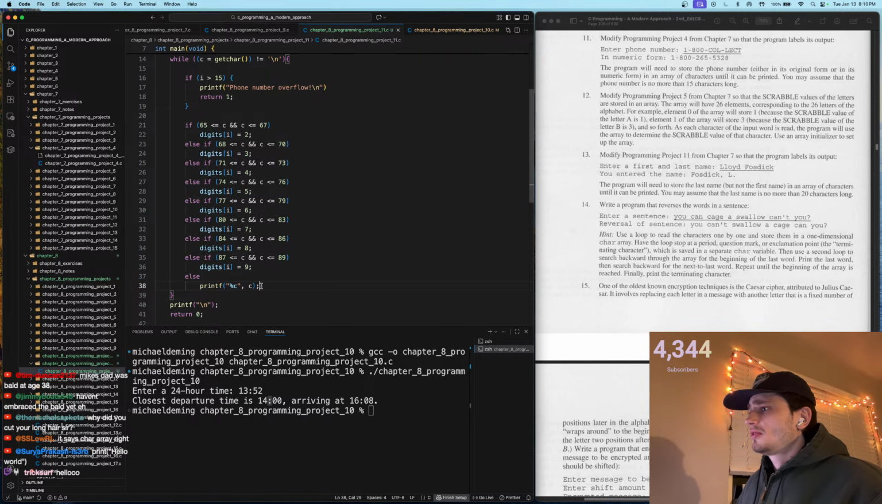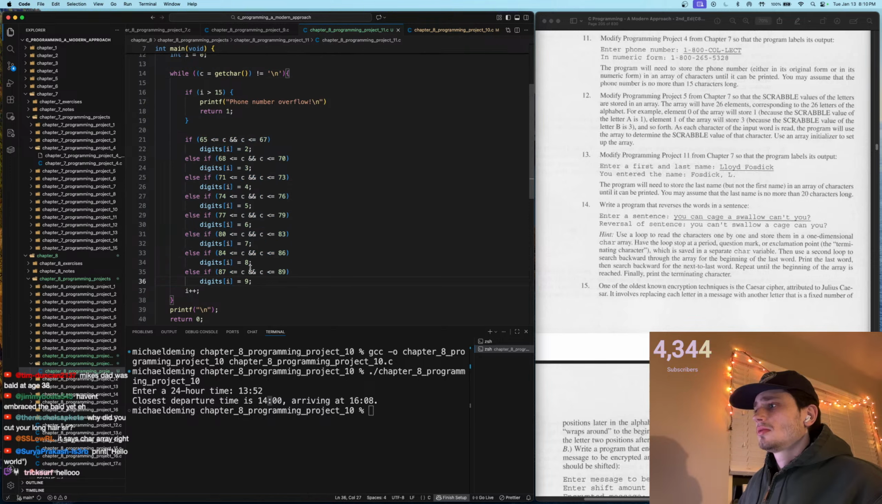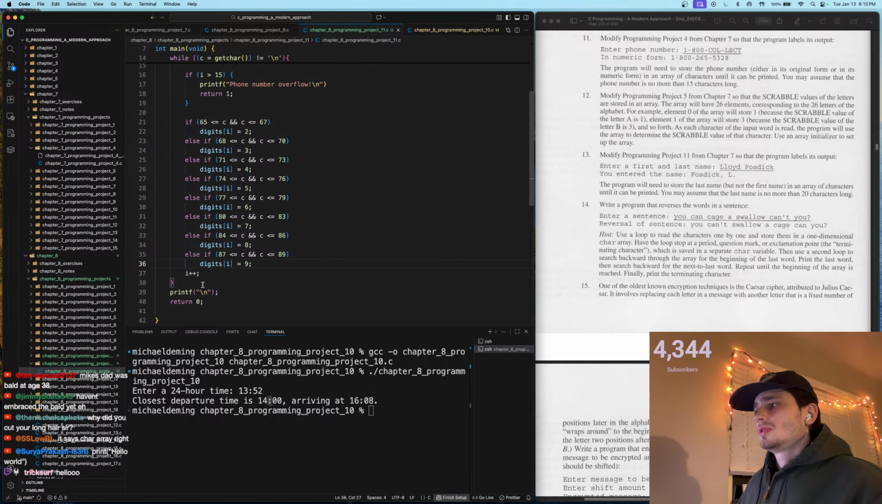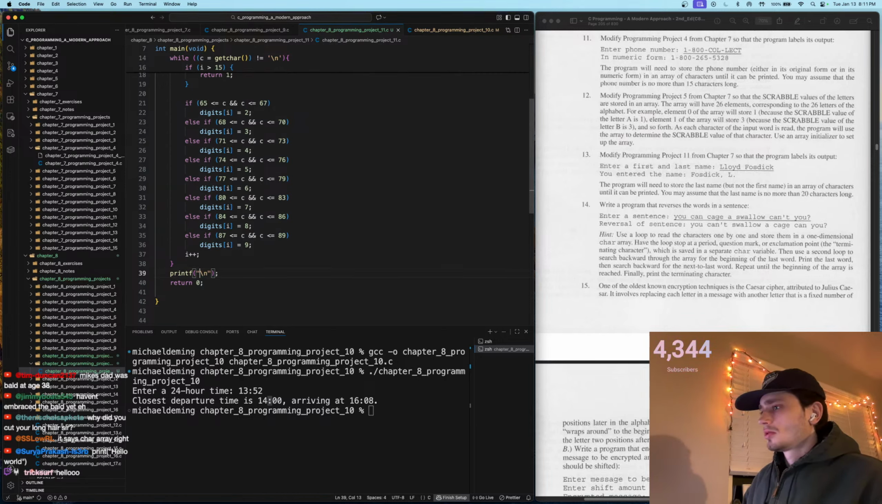So once this happens, no matter what happens, we're going to do I++ at the end of this if else chain. And then that'll do it, I guess. And then we're going to do some print statements, right? So in numeric form, so we're going to say in numeric form,